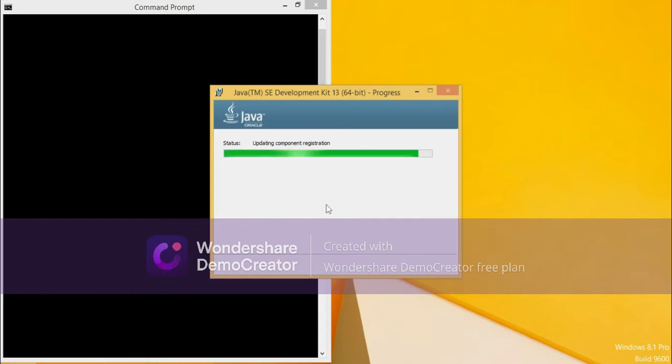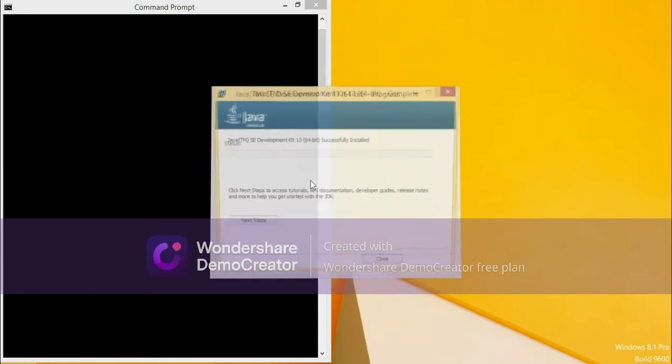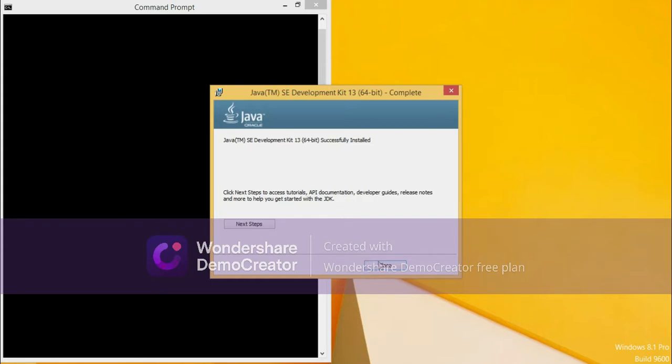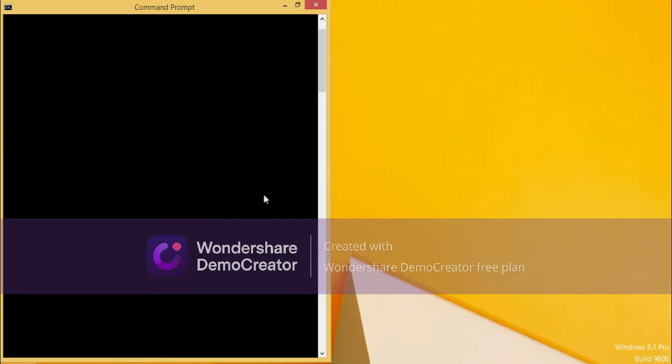It will copy all the files into my C drive, and then extracting installer. It will extract all the files whatever I need. It will take some time, just wait, and it will be complete. Yeah, it's completed successfully. You can see the message here. Just click on close.